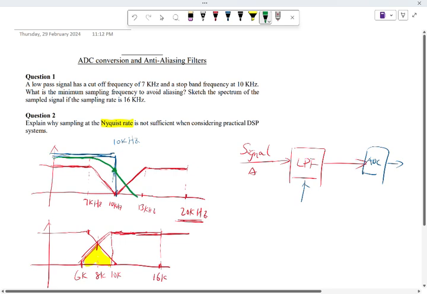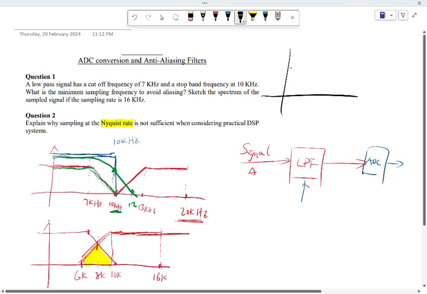So the cutoff frequency is 10k hertz, no problem, but the stop band may reach to around 20. If that's the original signal, that's okay. But if the signal itself has some high frequency components, like this, for example,